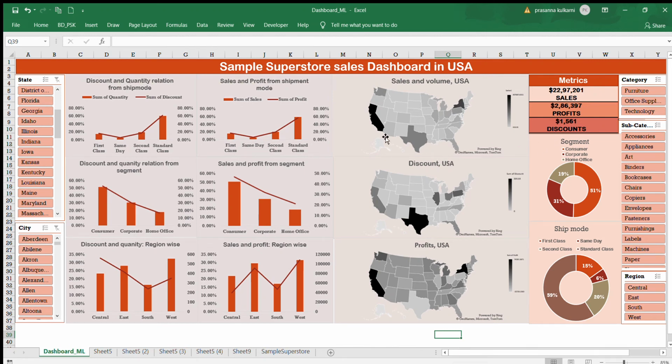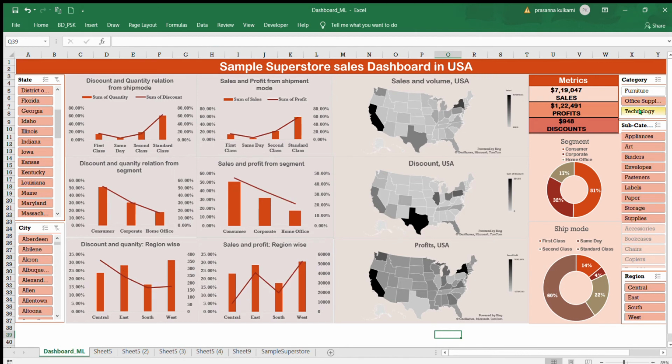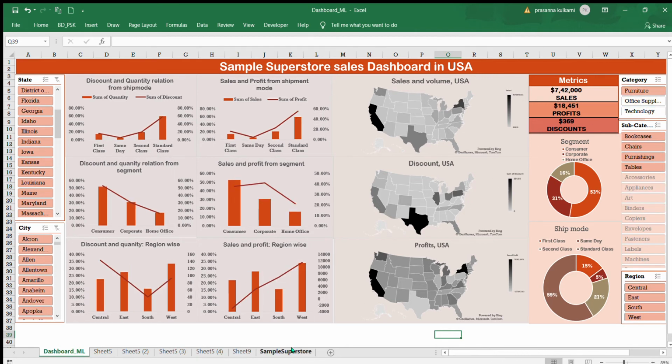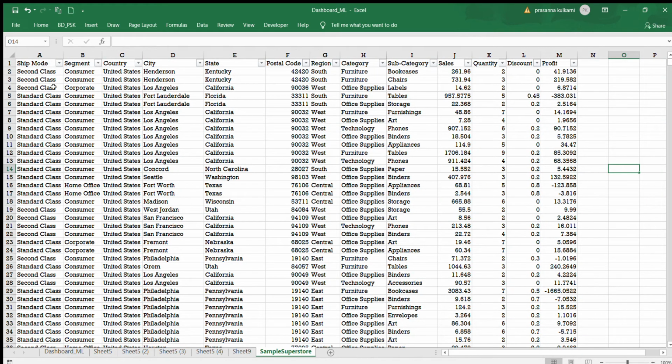Hello everyone. Here we are looking at a dashboard of a sample database which I have taken from a superstore. It's a dynamic dashboard. Let's go check over the dataset. Dataset consists of